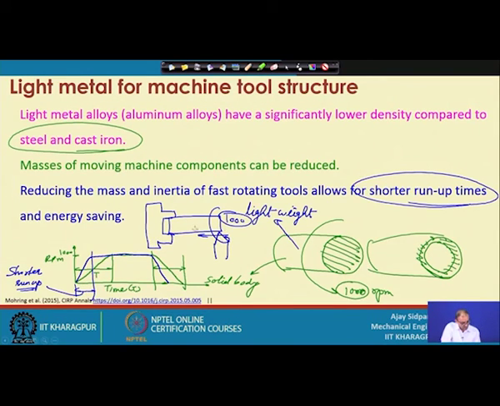And sometimes you want to change some tool, at that time you are stopping the workpiece, but you are not changing the workpiece. So, a single workpiece is processed 2-3 times with stopping and starting of the spindle. At that time you are spending a large amount of time just waiting to reach that particular setting parameter. So, shorter run up will help you in this case, so that you can quickly reach the required parameter setting and start the machining operation. So, ultimately it is energy saving without any problem.